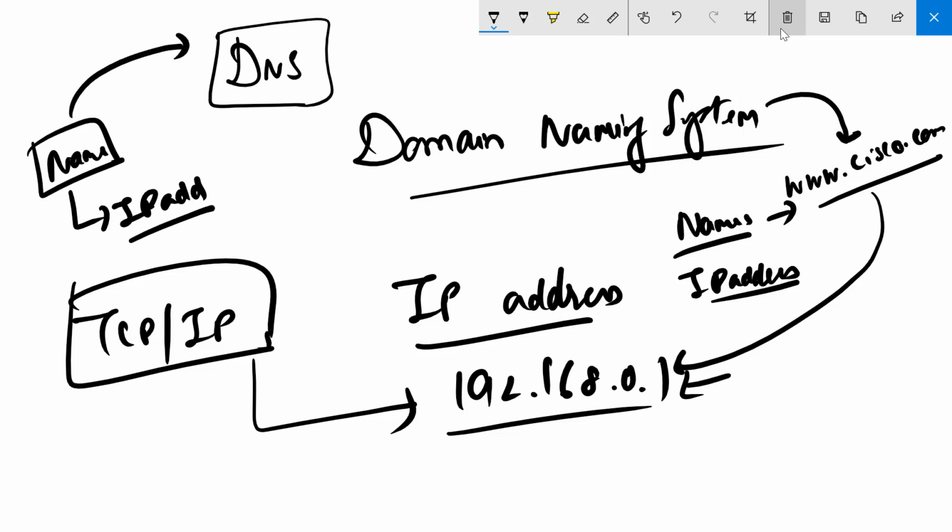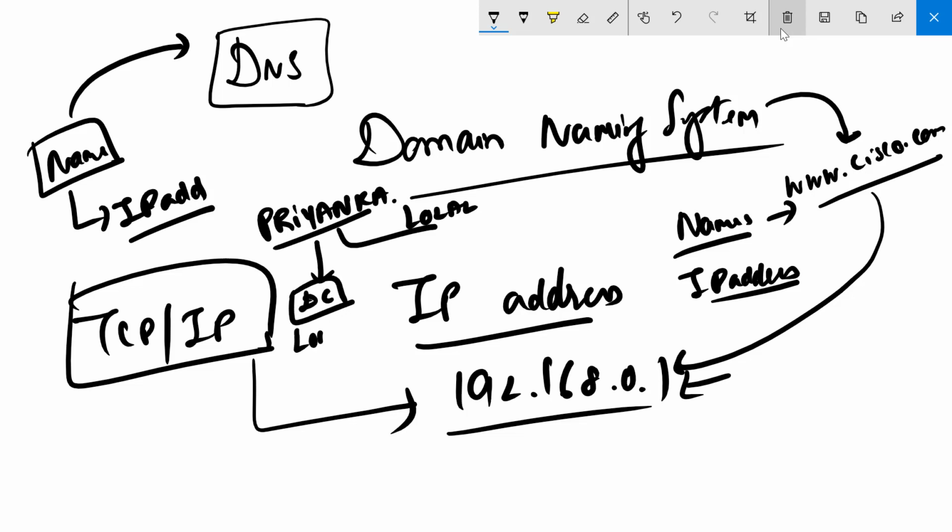Do you see a name out here? Yes. You see a name, Priyanka.local, which is a domain name. Priyanka.local is on a certain DC, which has the name London SVR1. London SVR1 has an IP address, 172.16.0.15 probably. So we can see there's a name of a domain, which is hosted on a certain server, and that server has an IP address.